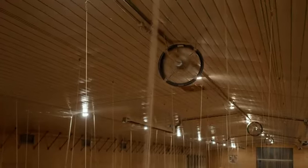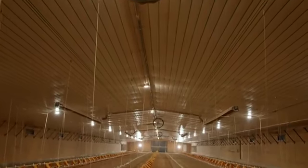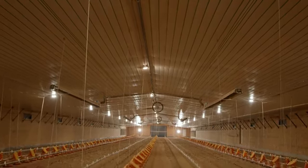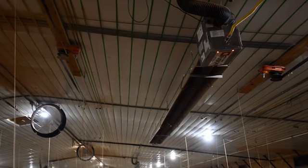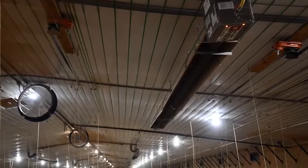If we do a good job of controlling that relative humidity, the other air quality parameters are usually pretty good because they kind of track with relative humidity. Carbon monoxide, I'll just point out, is not really a ventilation issue because it's more of a heater maintenance issue. Carbon monoxide is produced from the improper combustion of propane or natural gas, which is our major fuel source for